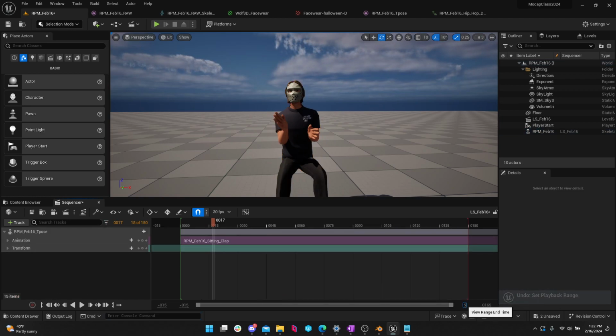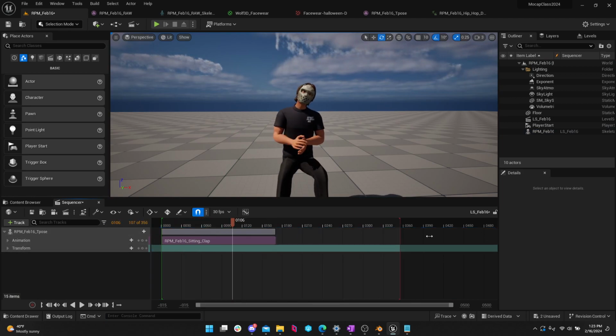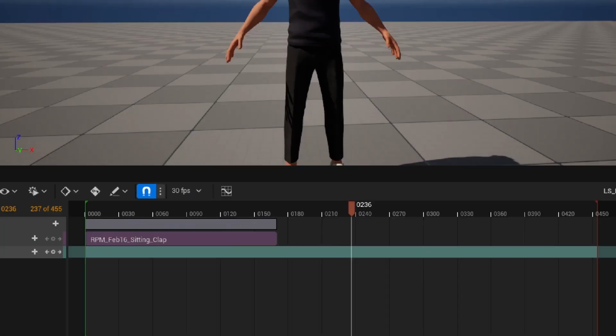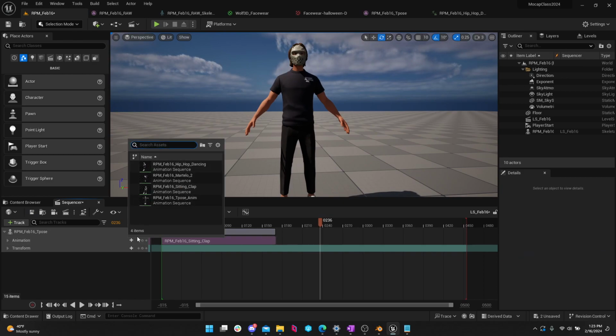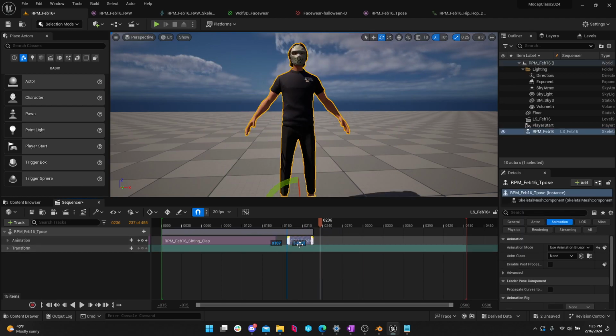I'll just do an even 500 frames. So eventually the animation is going to stop right there, and then he pops back to his default pose because the animation stopped on the timeline, which makes sense, right? If I was to add another animation by clicking the plus and say I'll go to this kick thing,